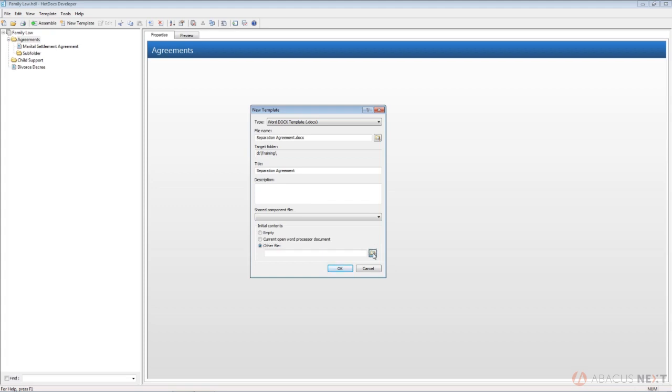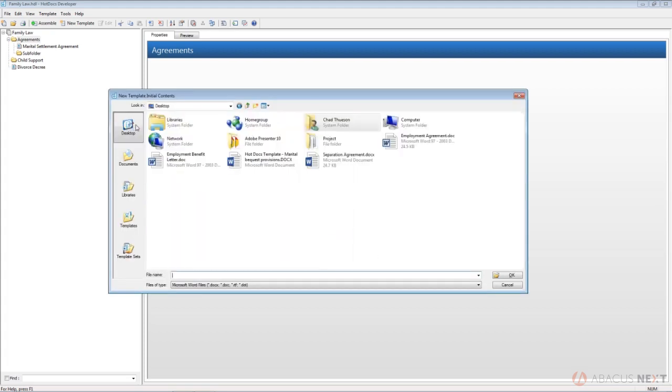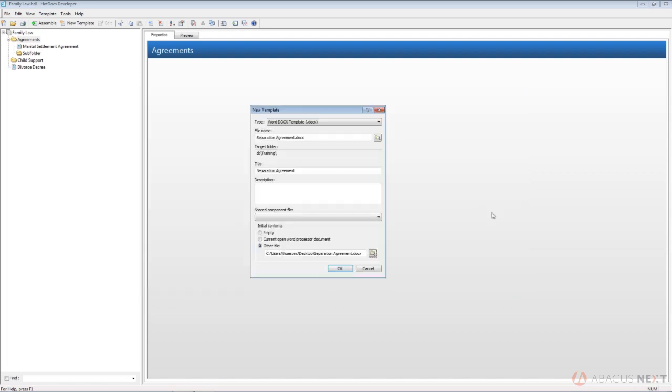I'm going to click on this Browse button, and then I'm going to go ahead and click on my desktop, because that's where I have placed a document called Separation Agreement. So I can either single click on that document and then click on OK, or I can double click. I'm just going to double click to make it easy. And then HotDocs fills in this field here with the full file path and file name for that document. So I've indicated here that I'm now going to use this separation agreement document as the basis for this new